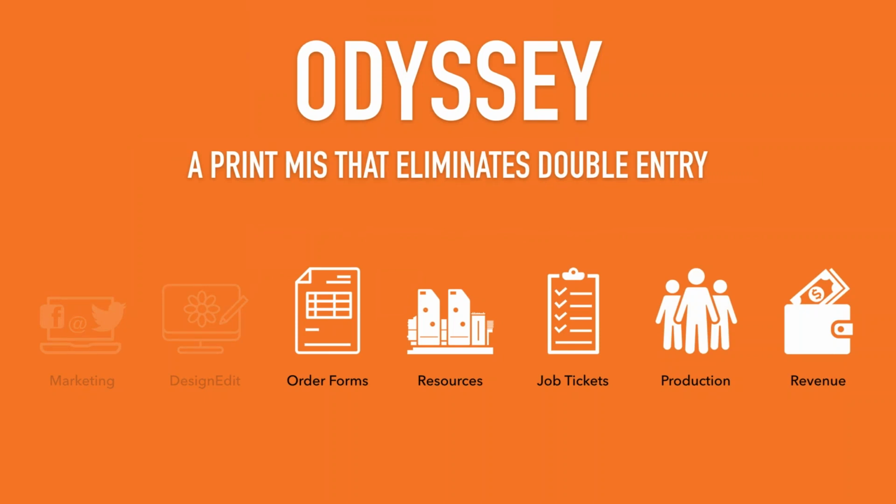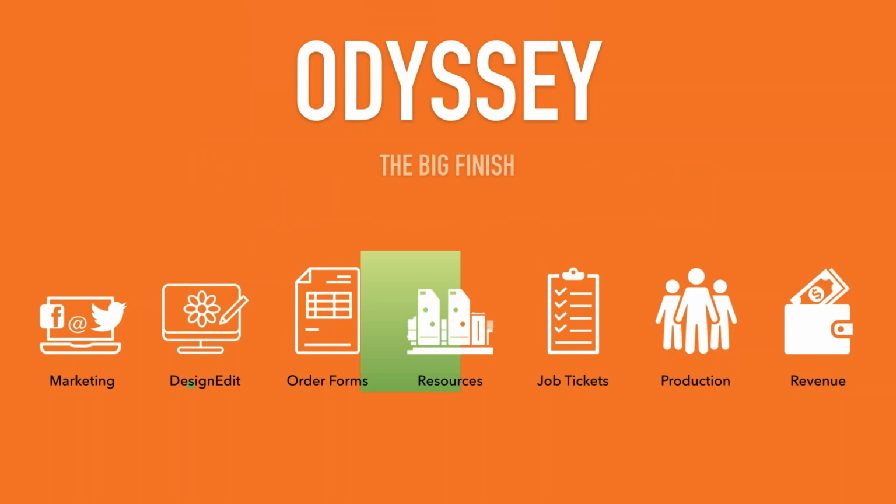So Odyssey knows what needs to happen to make that printing happen for that print buyer. It'll gather all of those tasks together and put that into a job ticket. That job ticket will then be what your team uses to make production happen. And then we get to that all-important big finish. Once printing is done, you get paid. I think we all like how that ending goes here. That's the big ending we're really after here.